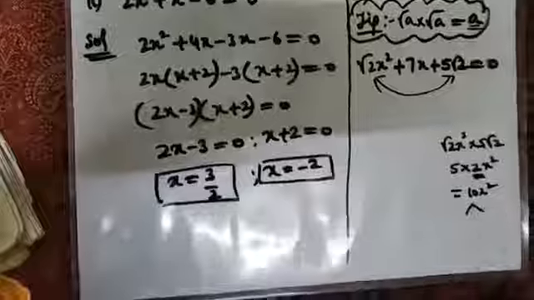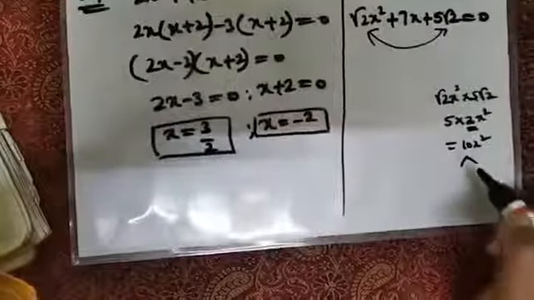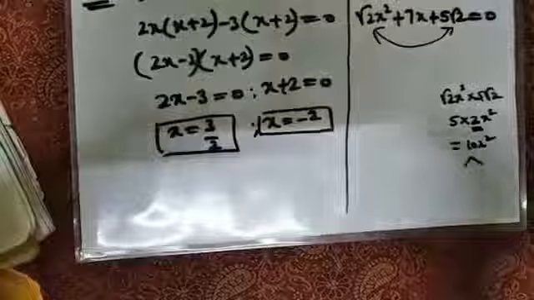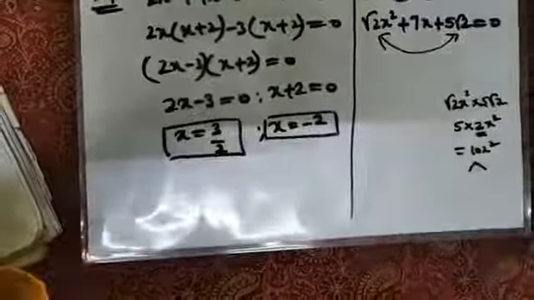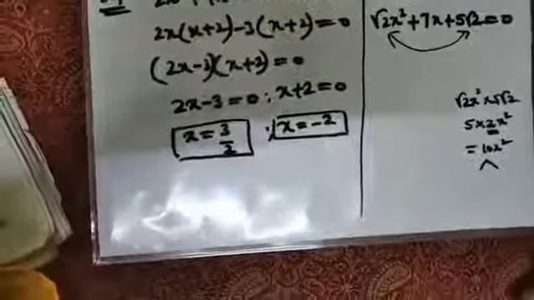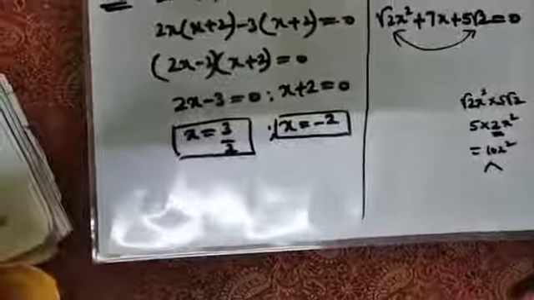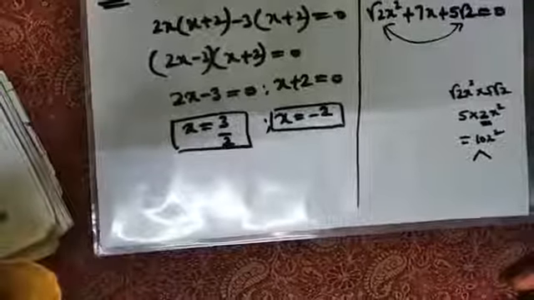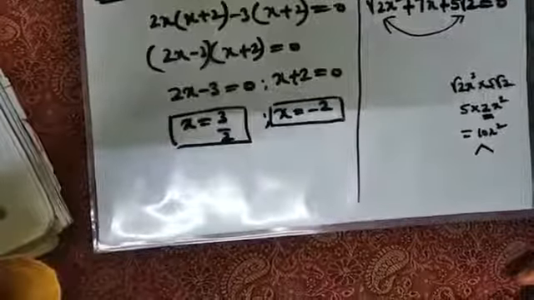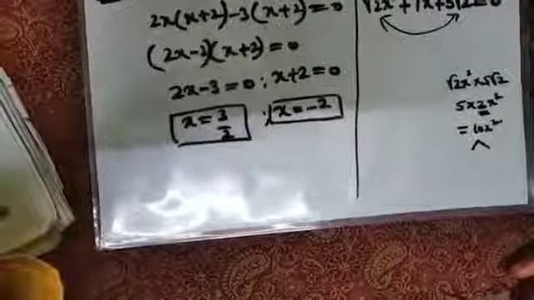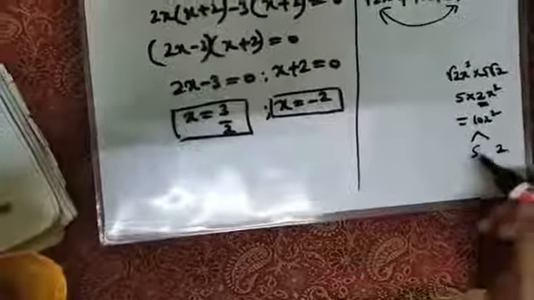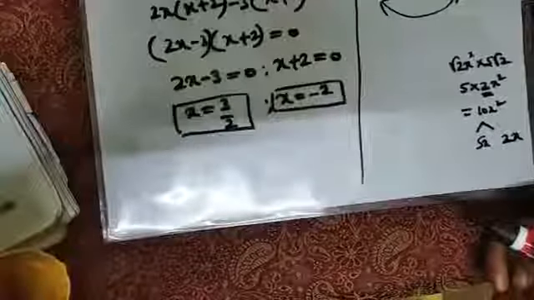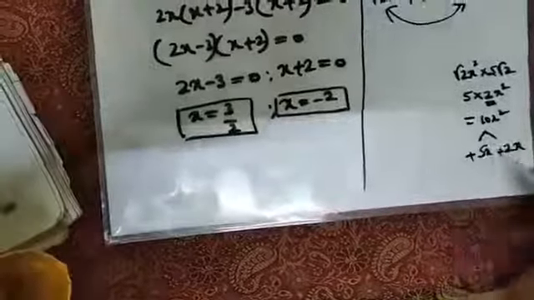Now my intention is to split this 10 into two factors, so that I will get the middle term. As in the previous problem also we had seen, 10 ones are 10, which will give me either 11 or 9 on addition or subtraction. But here I want 7. So what I will be doing, I will be choosing the factors which give me 7. So on doing so, I can split this 10 as 5 2s are 10, and here x, and what type of 7 I want, plus. It means that I need both the things positive so that it will give me positive 7.